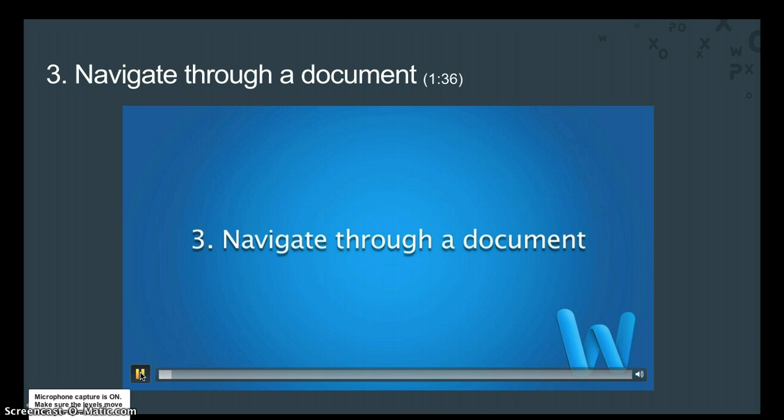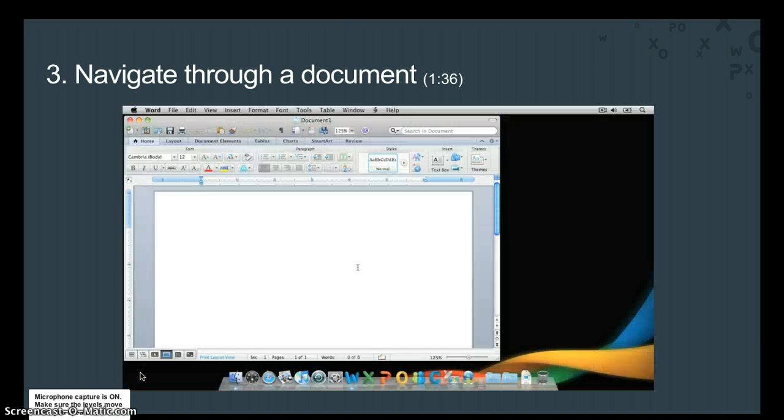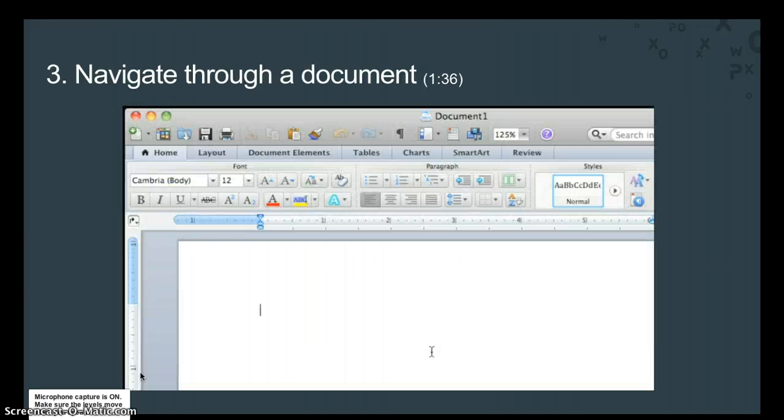Now that you're familiar with the main areas of the Word interface, let's do what Word does best, which is work with text. So that we have some text to work with, we'll use a shortcut to quickly create several paragraphs of text. With the cursor at the top of the document, type